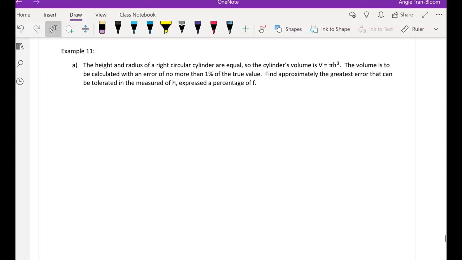The height and the radius of a right circular cylinder are equal. So the cylinder's volume is given to us as pi times h cubed. The volume is to be calculated with an error of no more